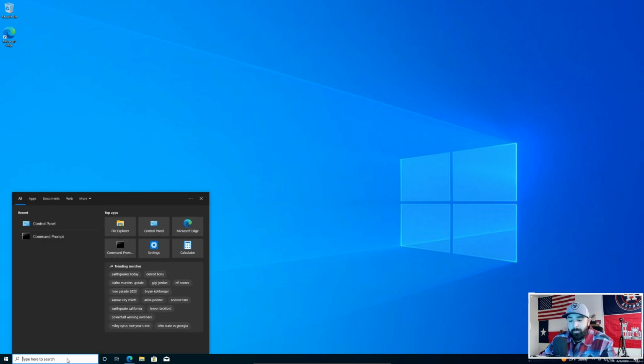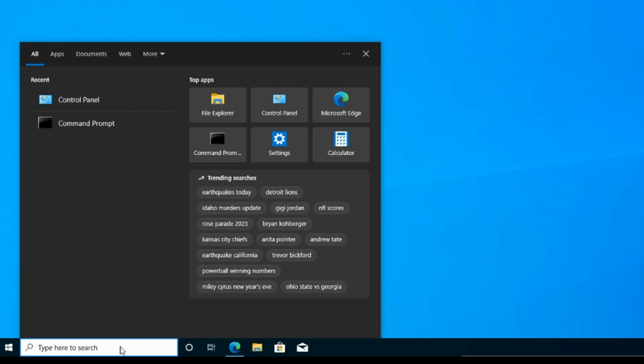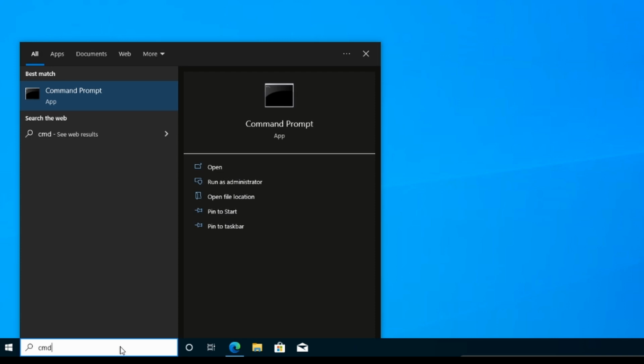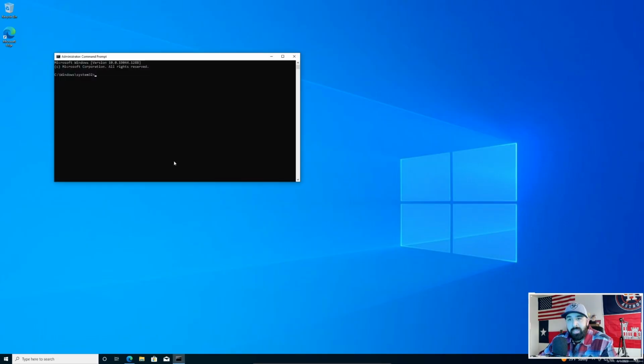Next, you're going to go to your search bar and type in CMD, and you're going to have command prompt right here. Select run as administrator, select yes, and you're going to type in PIP space